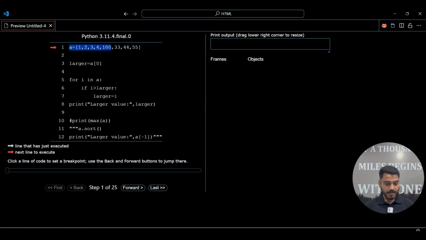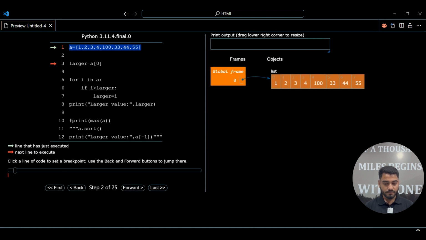Initially we have taken one list. This is the list in some pictorial representation. A is referring to this list, and each index number has its value. We take one larger variable equal to A of 0.